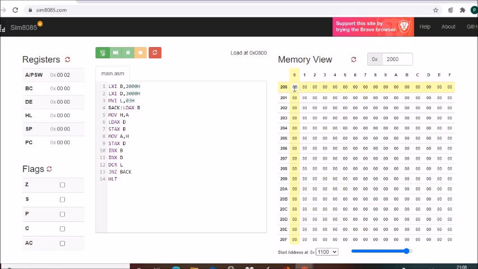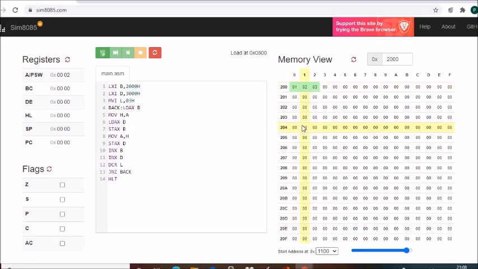We have taken the count as three, so we have loaded three data. At 2000, suppose 01, at 2001, I loaded 02, at 2002, I loaded 03.